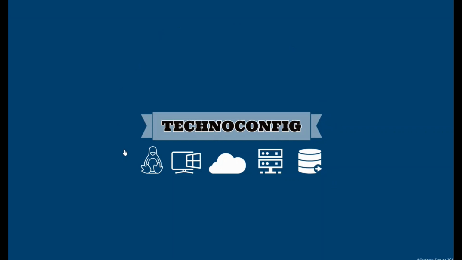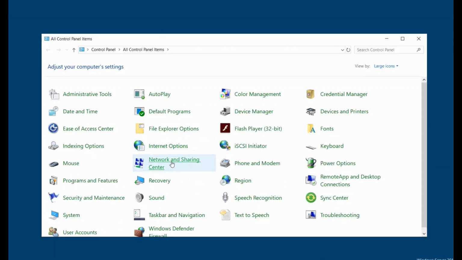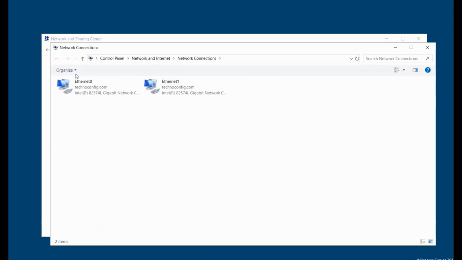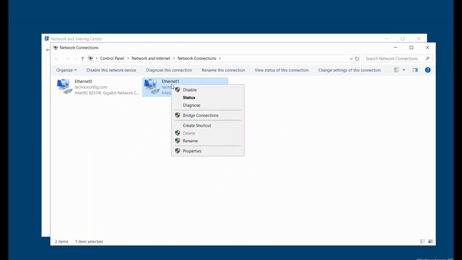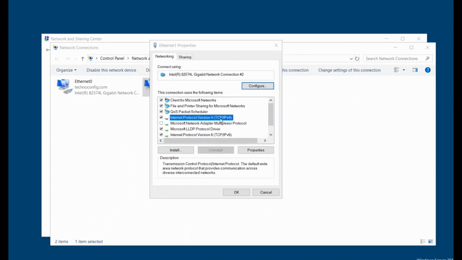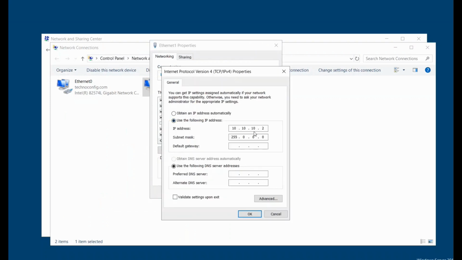So here I'm on my server 1. If I go to my control panel and network and sharing center, if I check the adapter settings, if I go to Ethernet 1, right click, properties, and IPv4, I do have a static IP of 10.10.10.2, and